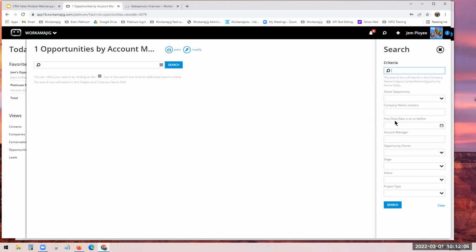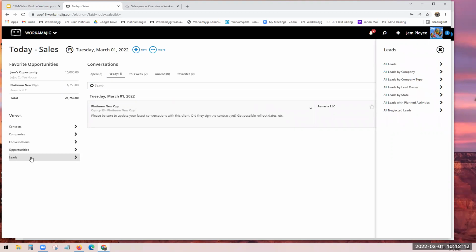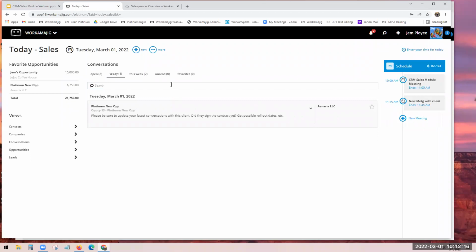And right now I don't have the filter that I thought I did, which would have been salesperson. But anyway, and also leads. We're going to talk first about leads, but let me move off of this page to show you what else we have. Well, before I move off of it, just notice all shortcuts available to you before we leave